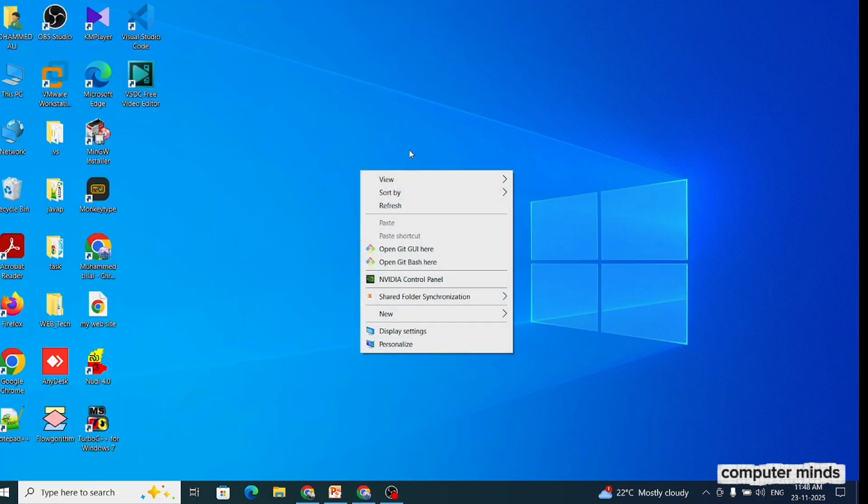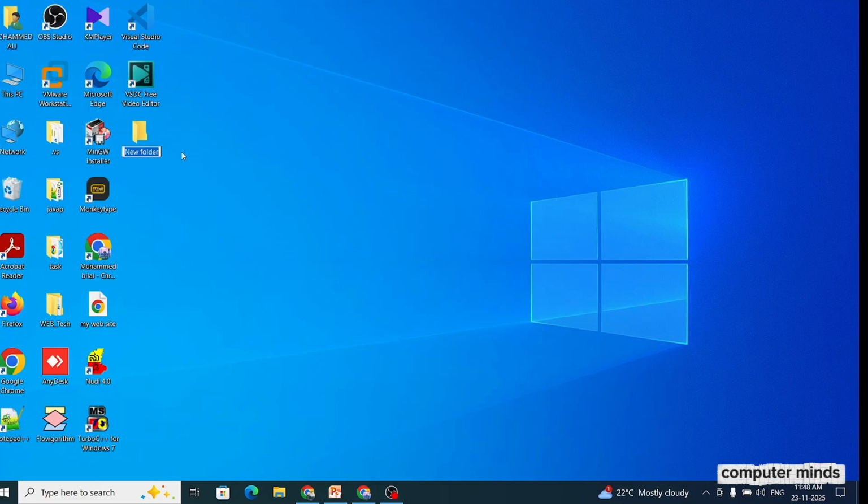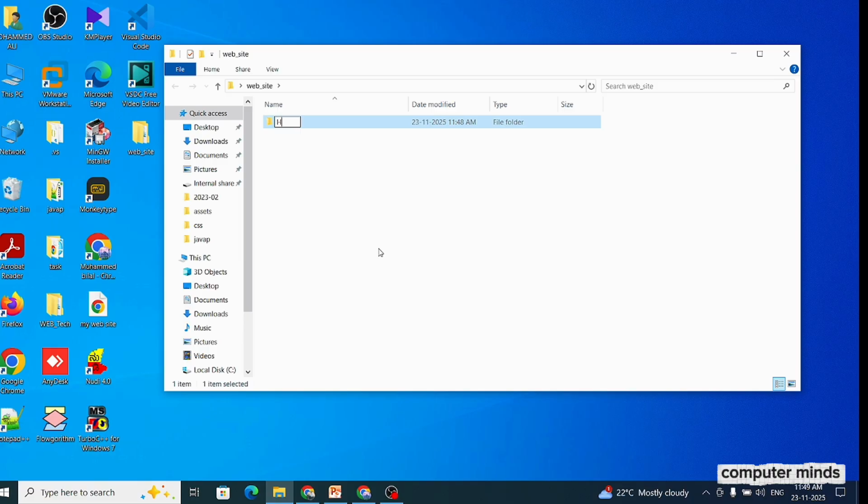First, I will make a new folder named web_site. Open it and make another new folder named HTML.